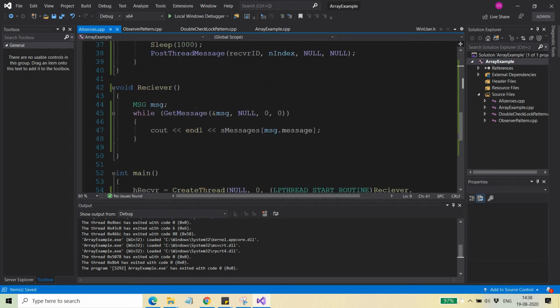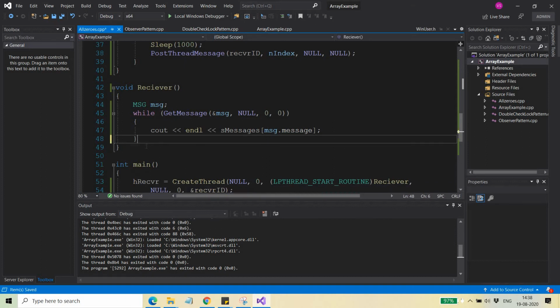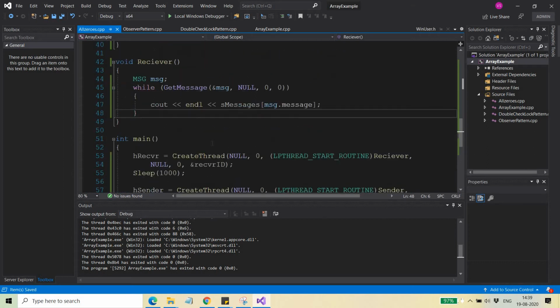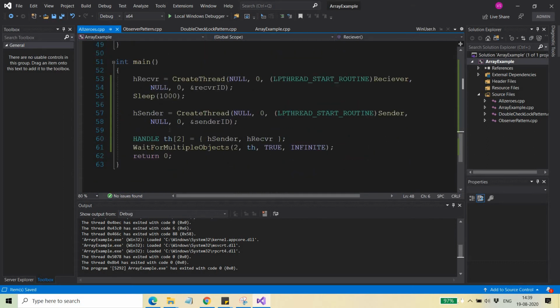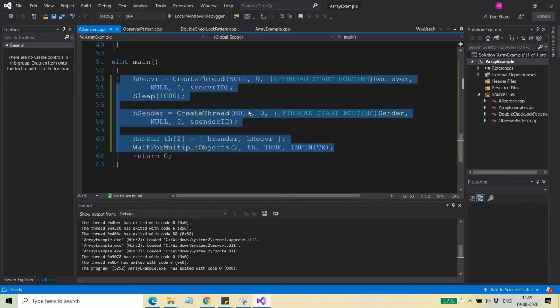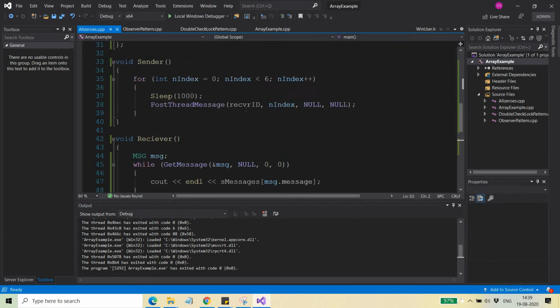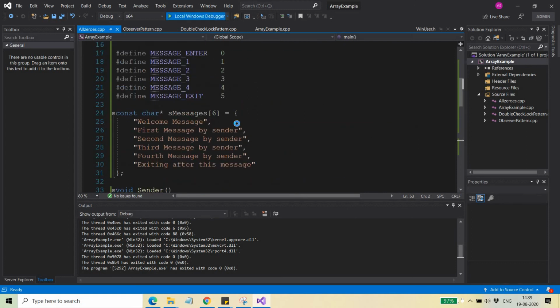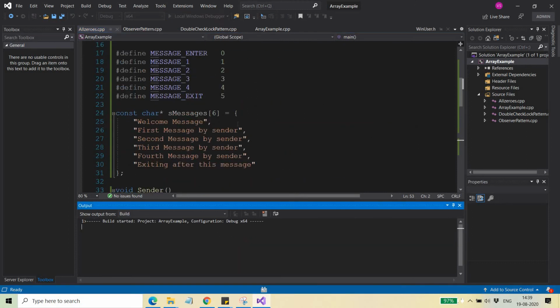So here what will happen, this will keep waiting for messages to appear in the message queue, and once it is able to see any message in the message queue, it is able to print it, right? So that's it, guys, for the receiver and sender thread. So let's see. Now we need to run it. The rest of the things are fine, and I don't think I need to explain these two things. You are already aware of these things because I have already explained them in the previous videos. Okay, so all right, let's go. So let's see if all the messages are received or not.